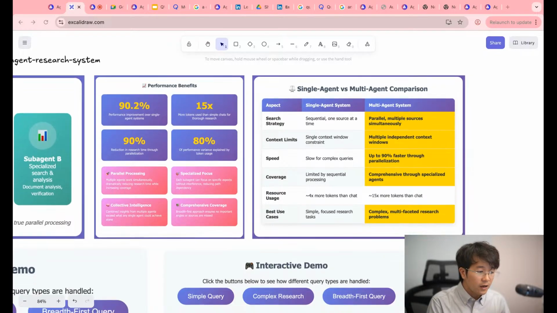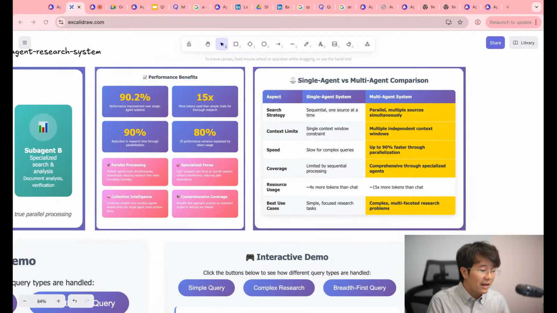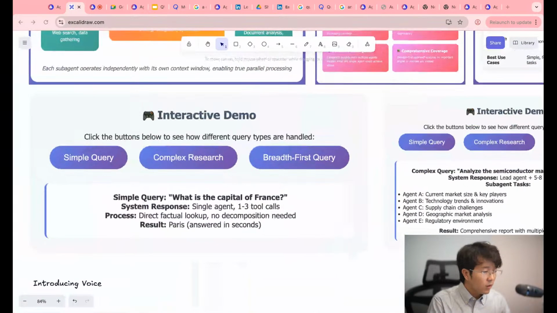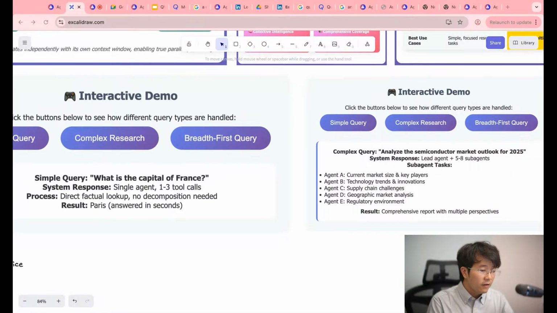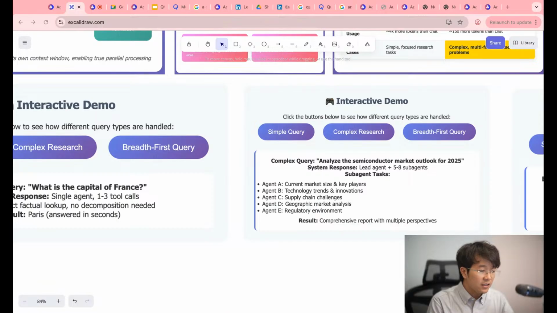And yeah, so coverage and resource usage. This is the downside. The single agent system uses around 4 times more tokens than chat, and the multi-agent system is going to be 15 times higher. All right, so what does it mean? For example, for a simple query, a single agent with just 1 to 3 calls processes and answers in a few seconds. For complex research, for example analyzing the semiconductor market outlook for 2025,